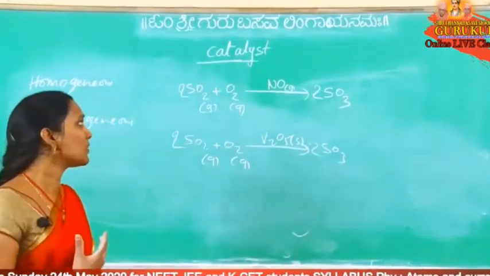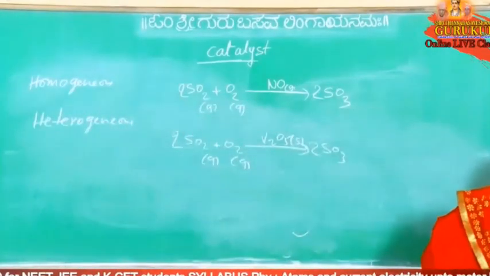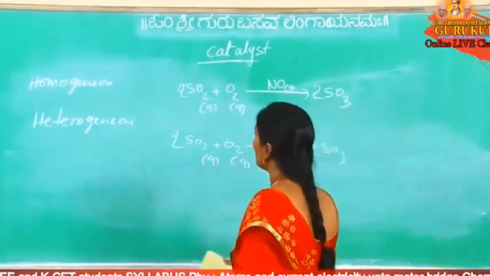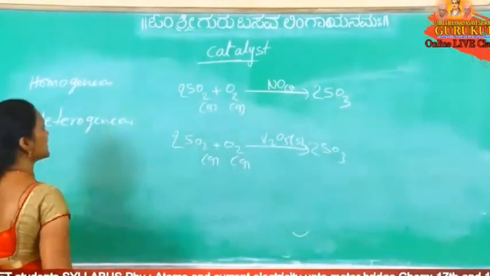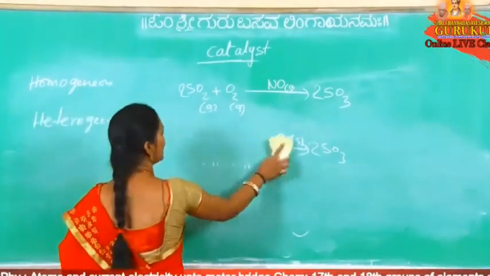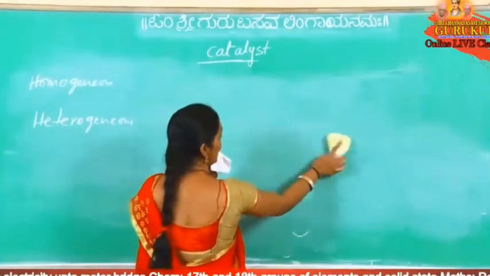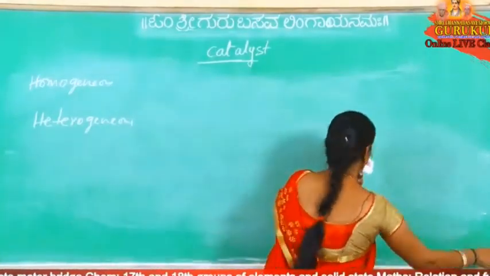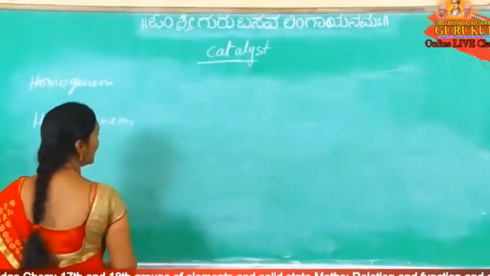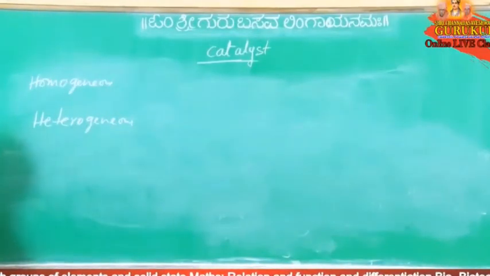So the last is, what is the mechanism of catalytic reaction? How do the reactions take place? What is the mechanism involved in homogeneous catalytic reaction and the mechanism involved in heterogeneous catalytic reaction? Very simple, this one also. Very easy concept. Catalyst, few examples are there. All these examples many times in different places we are using. Anyhow we can remember these examples.